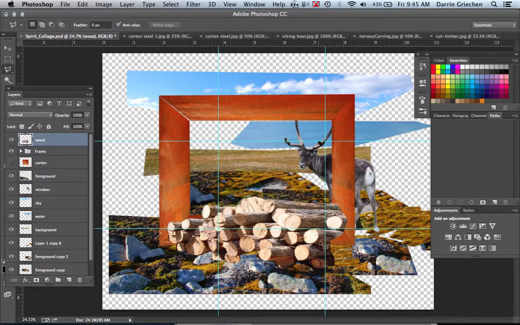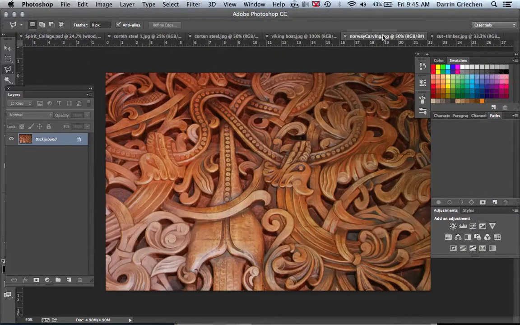Okay, hit enter, that'll get us started. And I think what I want to do is, because this is important because it has some cultural identity,